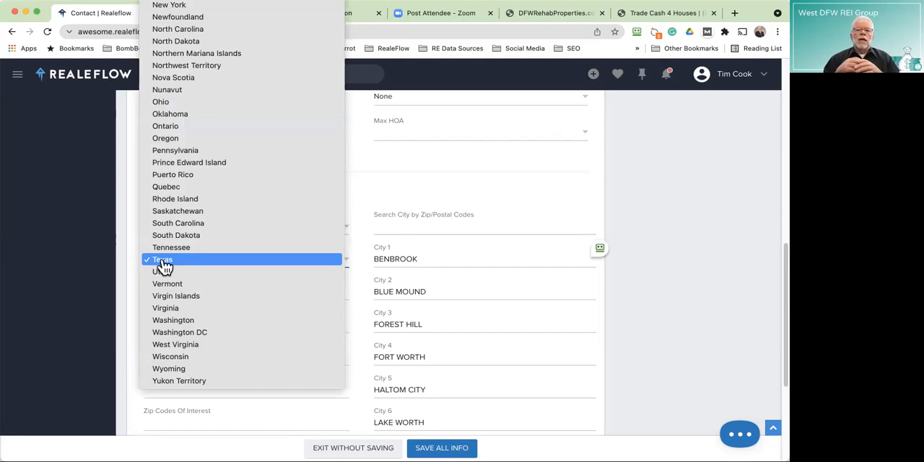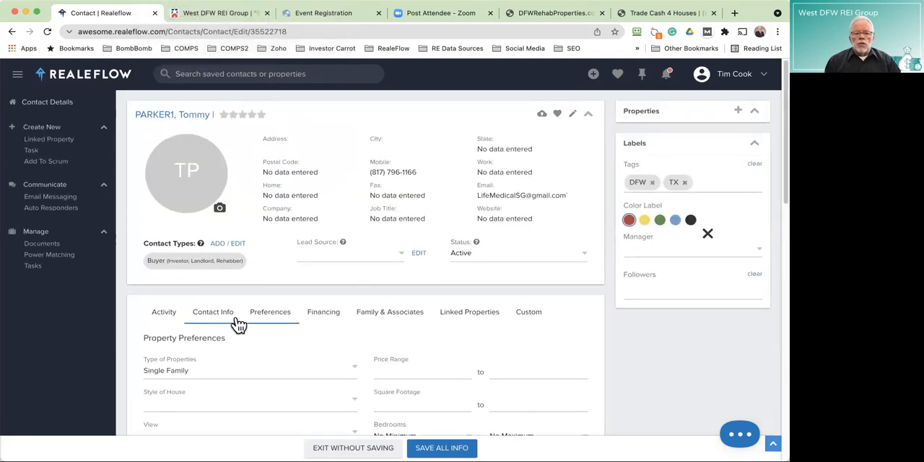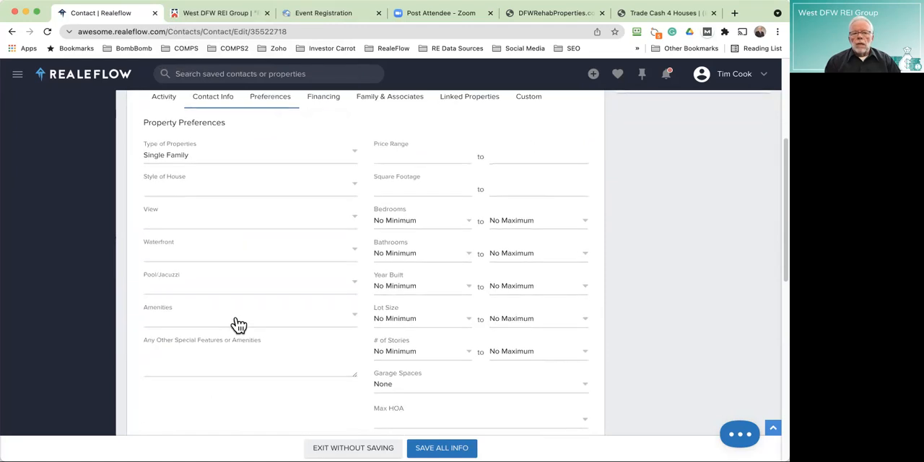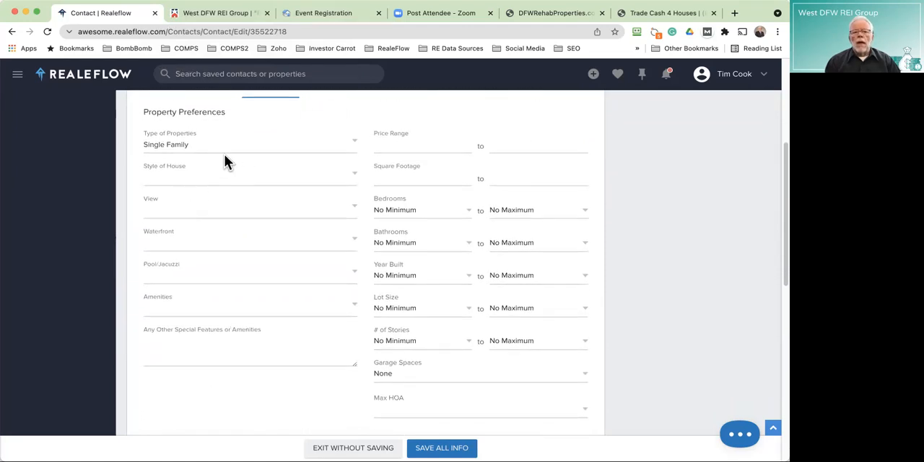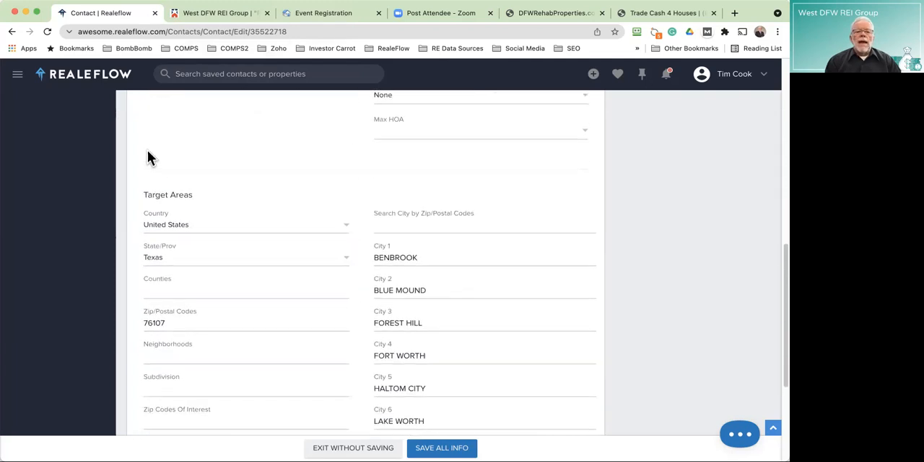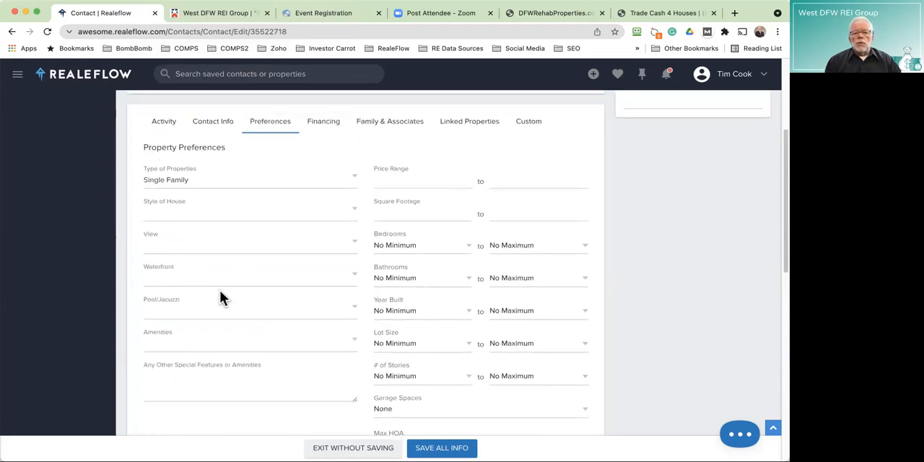So anytime you're sending a property, the search of matching your buyers to your house starts at the city and state right here. All of this other stuff under preferences is extra information to know about what a buyer is looking for. In this case, I chose single family. This person has single family homes. You can pick the style of house. None of that matters, it's extra stuff